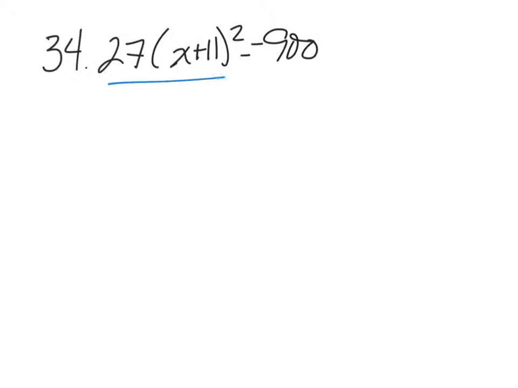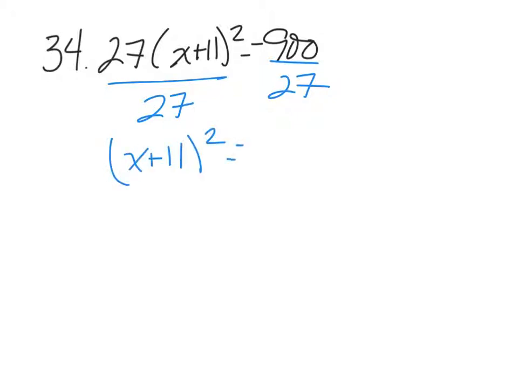If we divide both sides by 27, I have x plus 11 squared equals, well, we know we can reduce that by 9. So I've got 100 over 3. When I go to take the square root of both sides,